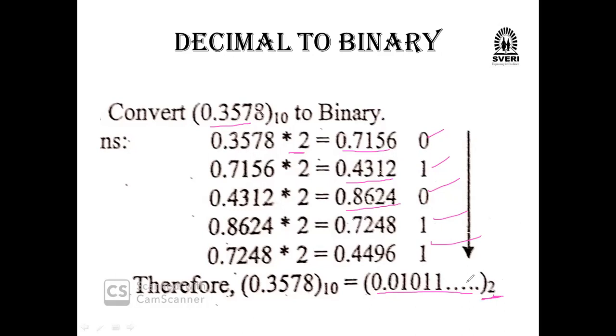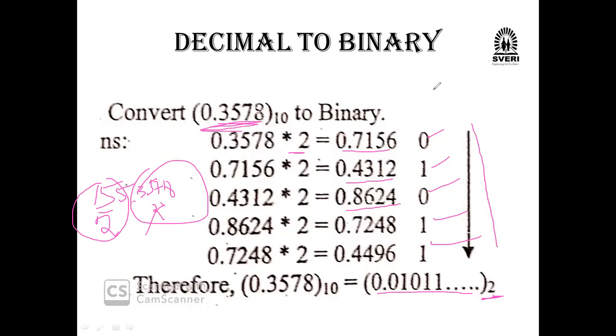Understanding? Yes, sir. Suppose it is 155.3578. Then for 155 apply the dividing system, and for the point part apply multiplication. This one you have to write separately. After that you have to join them together here now. Understanding or not? If you want to convert 0 point something into binary, you have to follow this part.